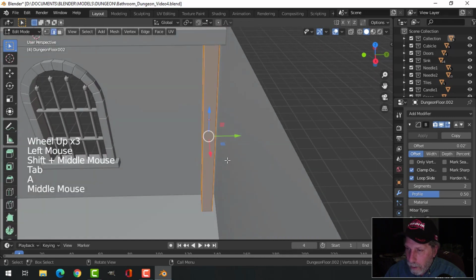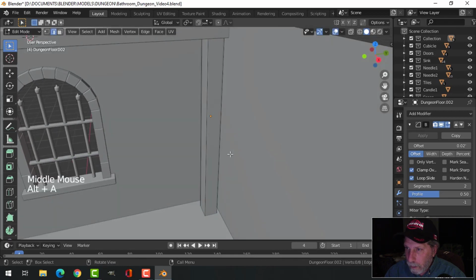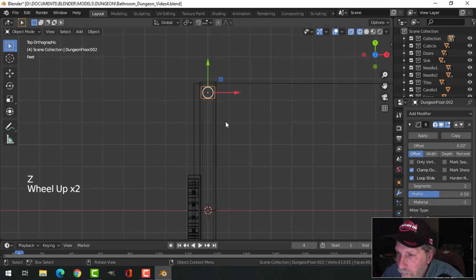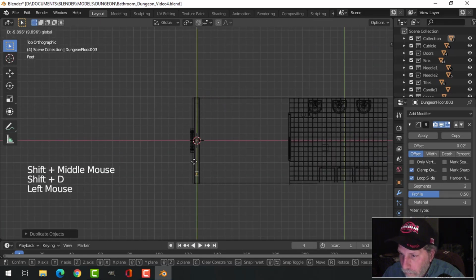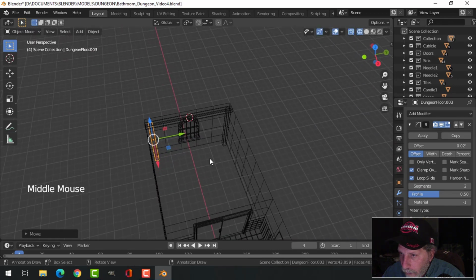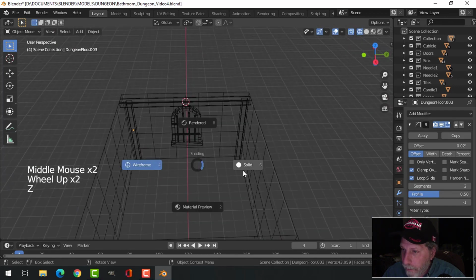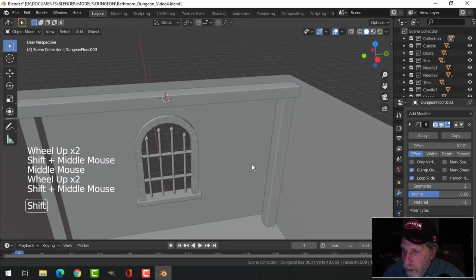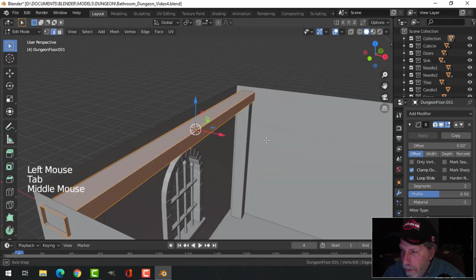I kind of want this a little bit more square. That. Now, not everything is going to be seen, but I'm going to put it in anyhow. So we'd have the start of that, and